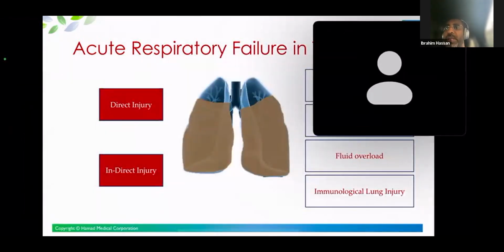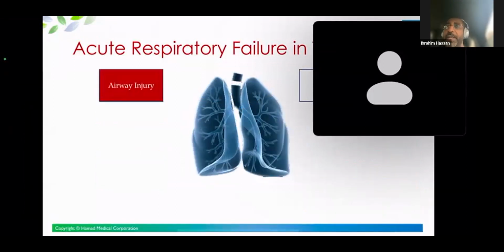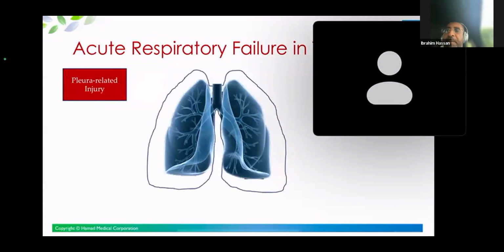Other than the alveolar and lung parenchyma injury, you can have airway injury. You will see patients who have tracheal rupture, right or left main bronchus dissection with associated barotrauma, tension pneumothorax. It is very, very difficult to ventilate these patients. Although the lung injury score is not that high if they have isolated lung injury, they carry significant mortality and morbidity because of difficulty to ventilate them. It's not ARDS, but if they have a component of pneumonia on top of that, it will be very difficult to treat them. And the third is pleural-related illness.